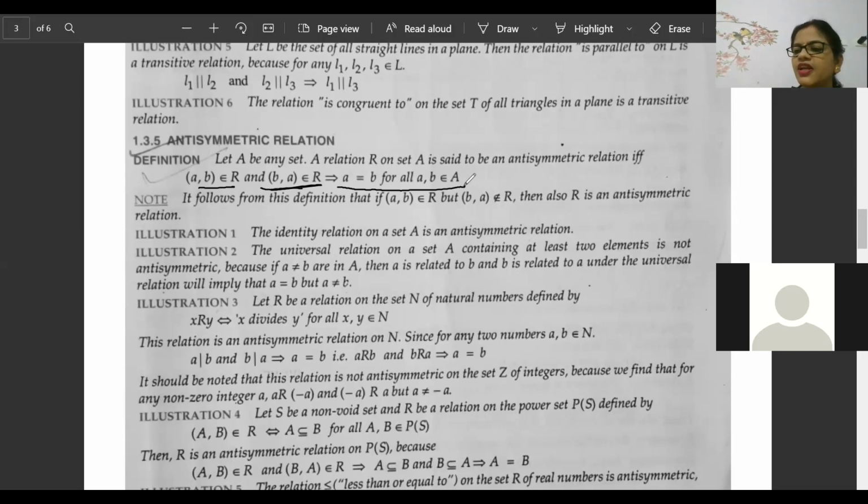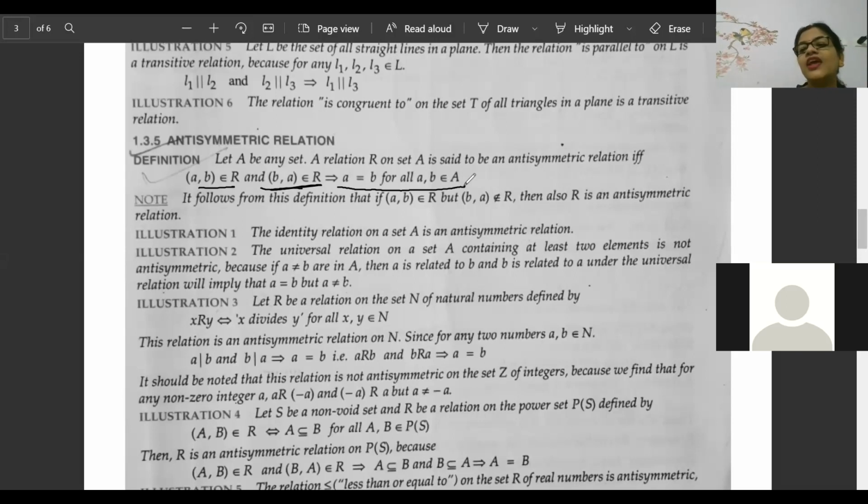Farhana says in a symmetric relation, the condition A equal to B won't be required. Very good. In the symmetric condition, A is not necessarily equal to B, but it is there in the antisymmetric condition. Awesome. Very good. This is what I was wanting. Sham says A is equal to B in the antisymmetric condition. Harniwala says antisymmetric is only the identity relation. This is the bang on point.